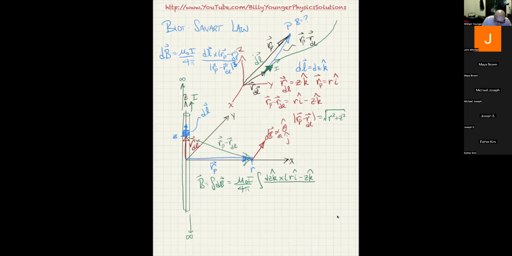And then all that has to be divided by r squared plus z squared to the 3/2 power. Now, we're going to make use of the fact that the cross product is a linear operator, and that means I can pull all the stuff out in front. So seeing dz k hat cross r i hat minus z k hat looks horrible,